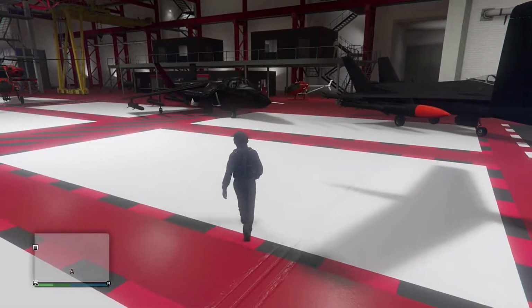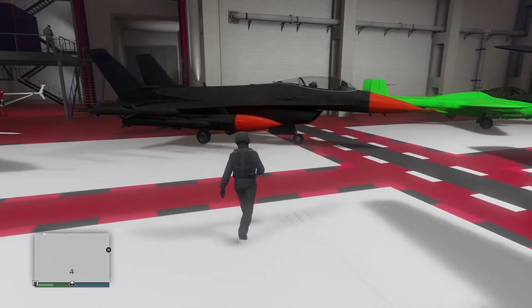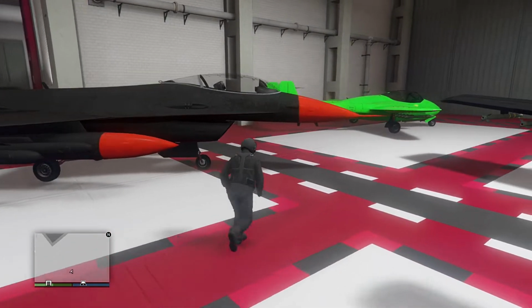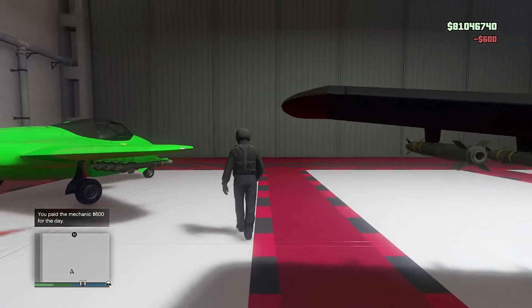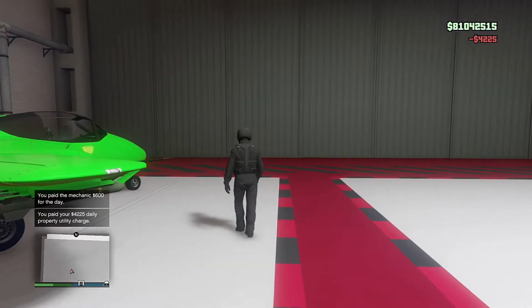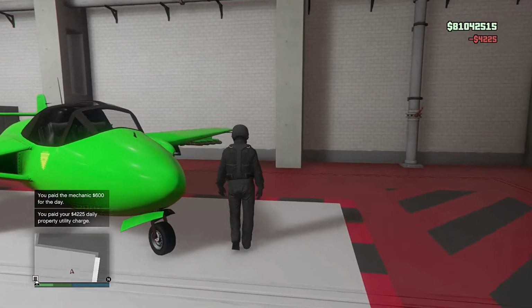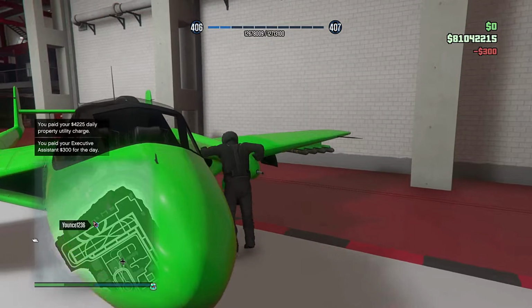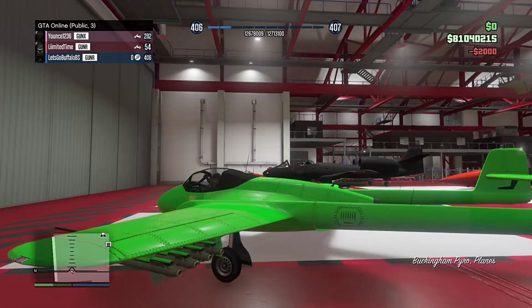Hello YouTube, and you're watching the Gunrunners XLT, and in today's video we'll be taking a look at the Oppressor Mark II and how it matches up against an aircraft that I love in PvP battles. I picked an aircraft that's near and dear to my heart, the Pyro. The Pyro is known for its speed and agility, which is why I think it'll be a good matchup against